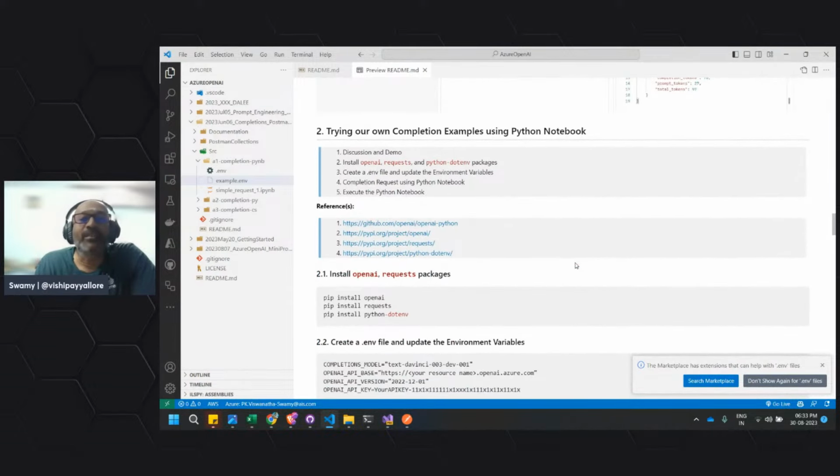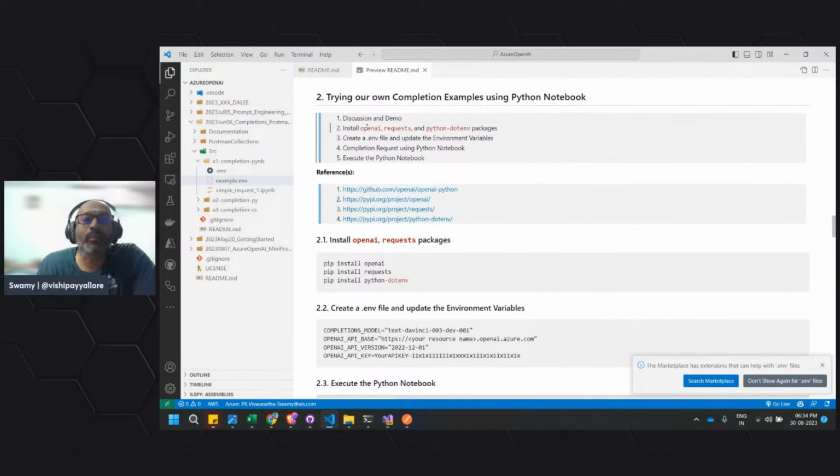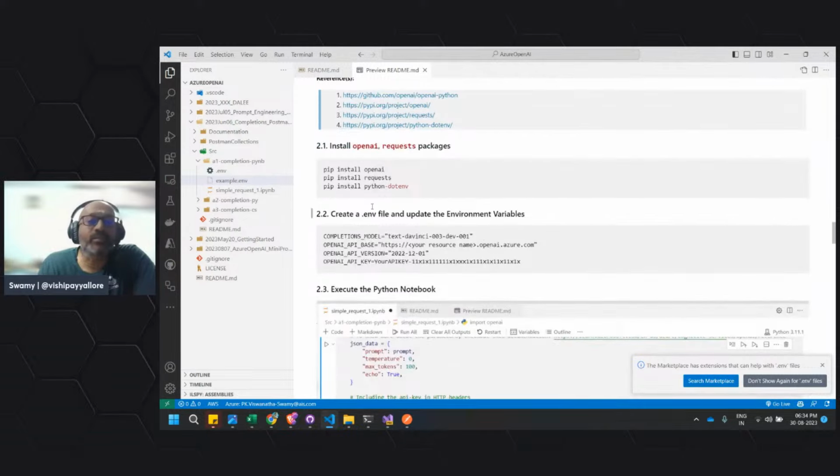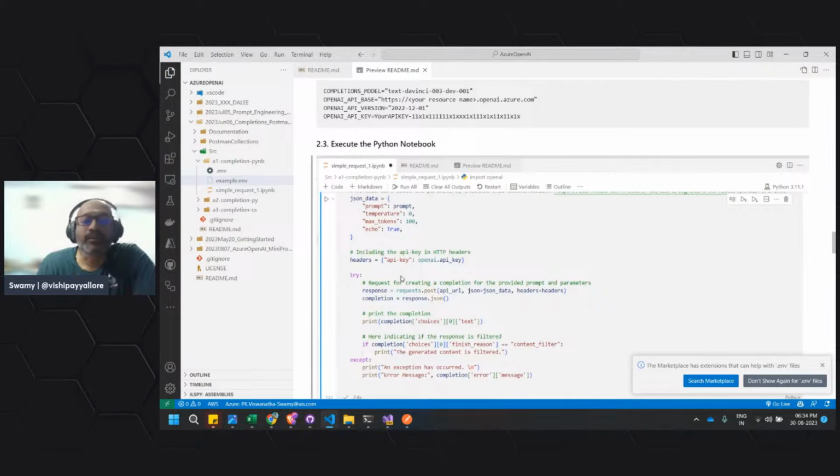Now we saw this one also. What is very important is we need to have open API request and python.net that will read the env file. I've given a couple of references also. We'll do the pip install and we'll create an env file, this one, and we need to execute the Python notebook.